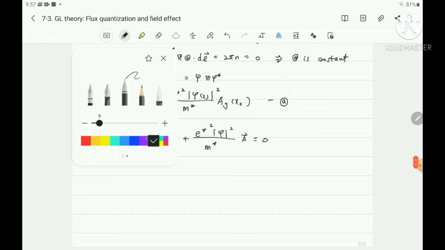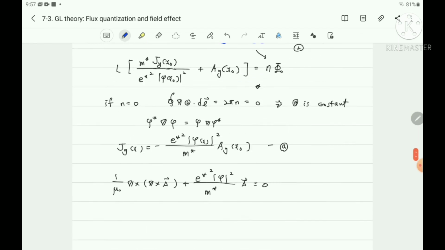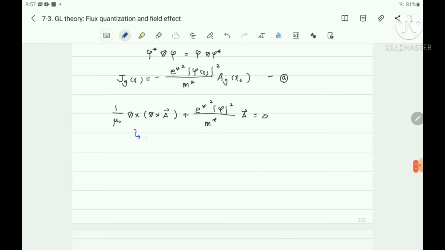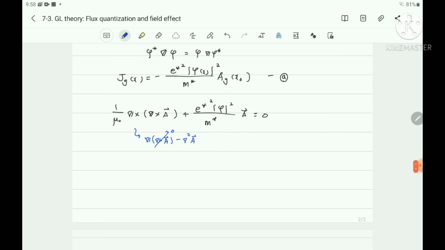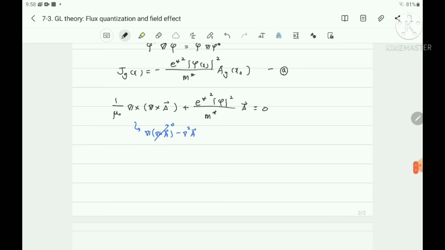And also because we assume that the gradient of the vector potential equals 0, it is gradient A minus Laplacian A equal to 0, therefore it is Laplacian A. Let's think about the one-dimensional case. It is d square A, the y component of the vector potential as a function of x, d x square equals